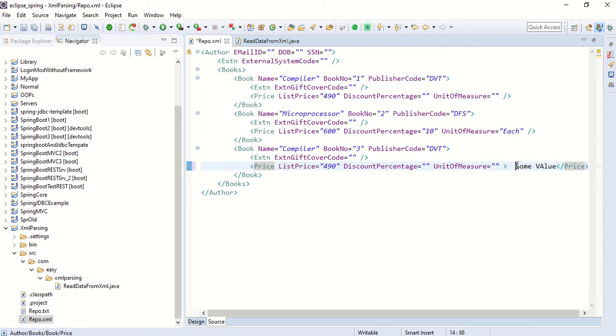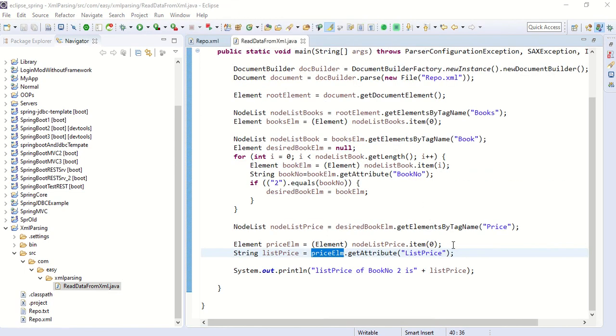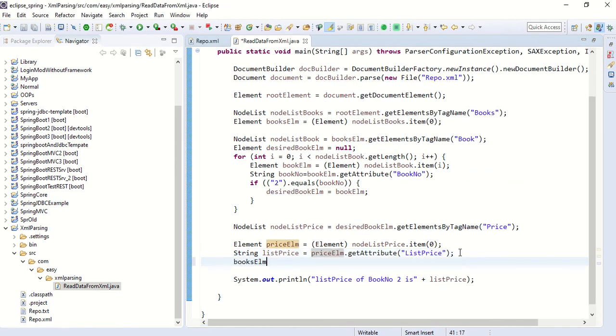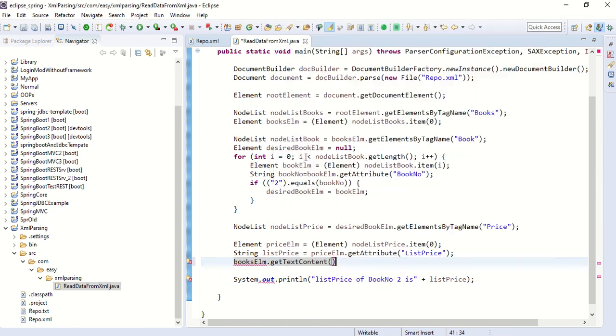We can read this value also from the element. If we do dot get text content, it will give the value of that element.